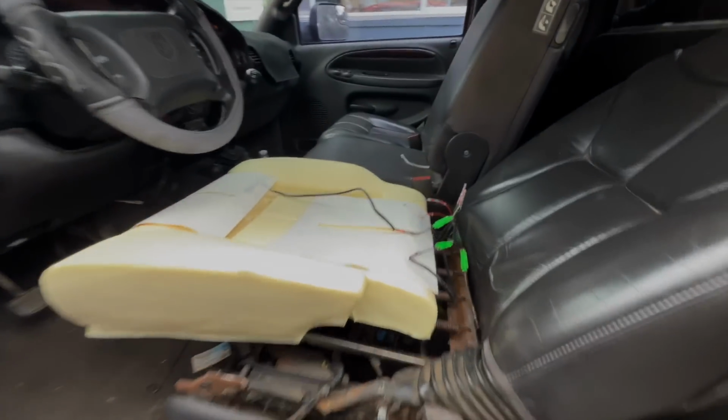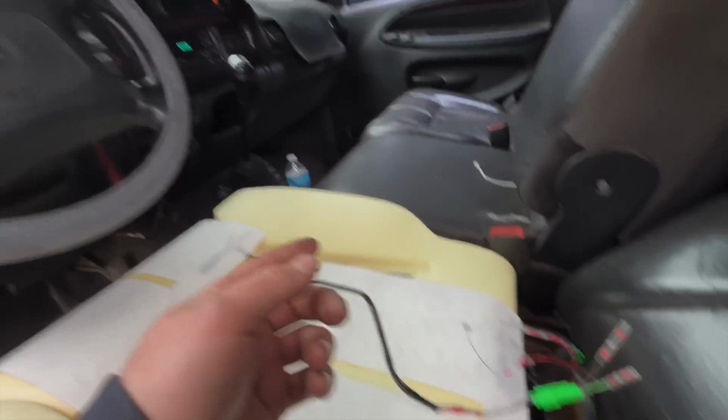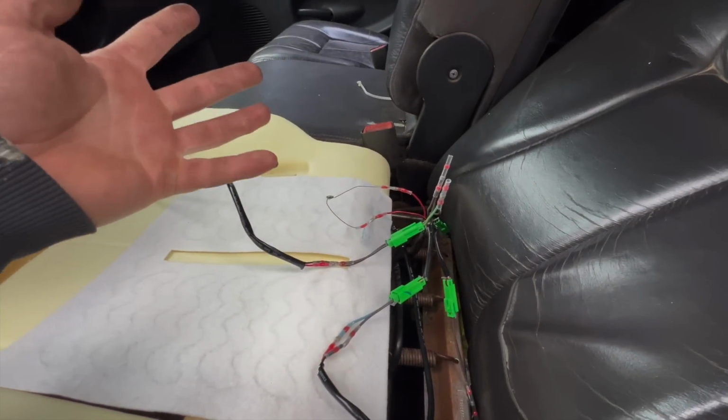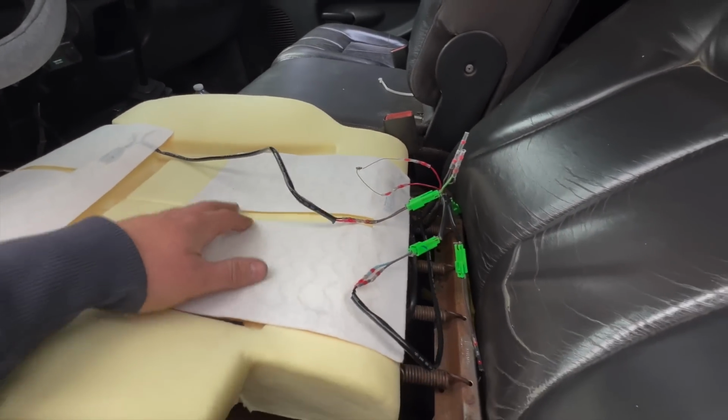Oh, what a lovely mess that was. Turns out you need that little guy, whatever that thing is, or else you just get flashy on the little light right there. I just had these looped together because I thought whatever, but whatever the hell that thing is, it needs it. So